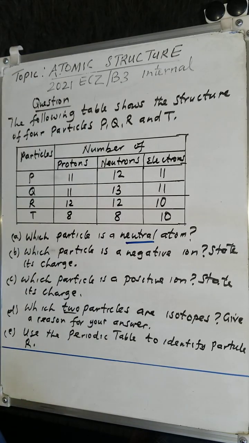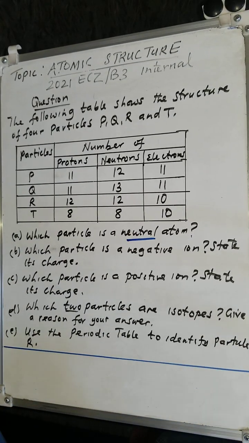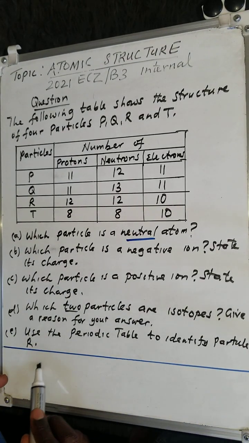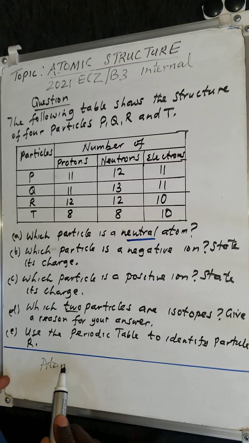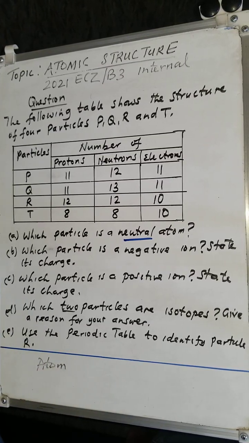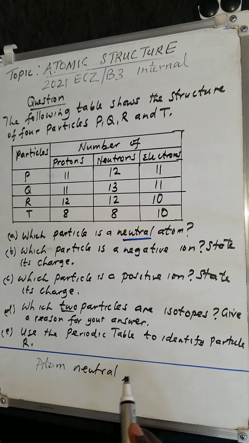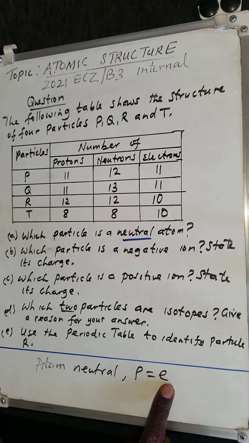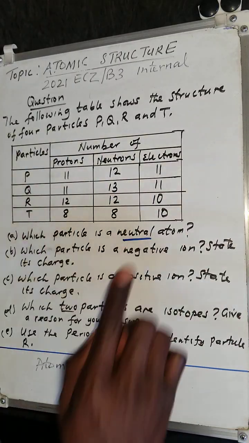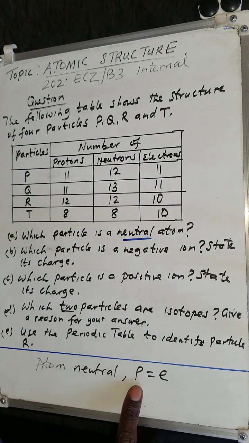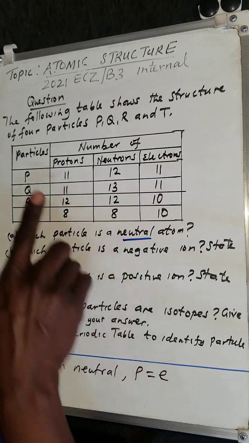Now, if you remember, in my previous discussion I did mention that when we say an atom is neutral, it simply means that the number of protons will be equal to the number of electrons. So the number of those that are positively charged should be equal to the number of those that are negatively charged. So which particle has the number of protons equal to the electrons? If you look at the table here,